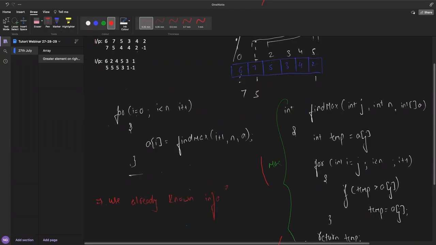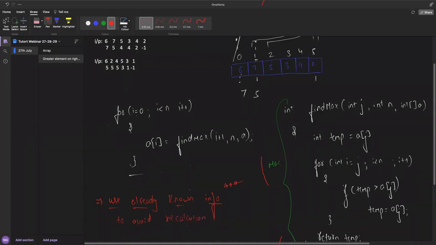This is a tip, trick, or whatever you want to call it: use already known information to avoid recalculation.